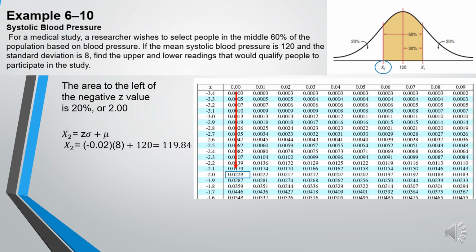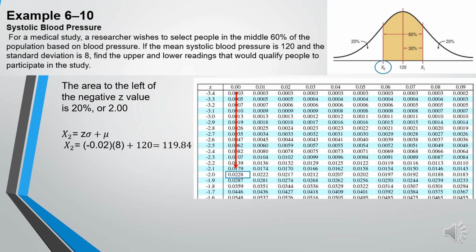So, by using the formula, x sub 2 is equal to z times standard deviation plus mean, wherein the z value is equal to negative 0.02 times the standard deviation of the data, which is 8,